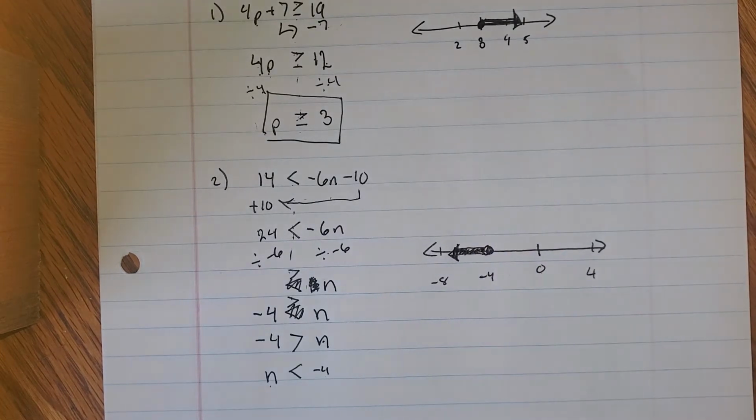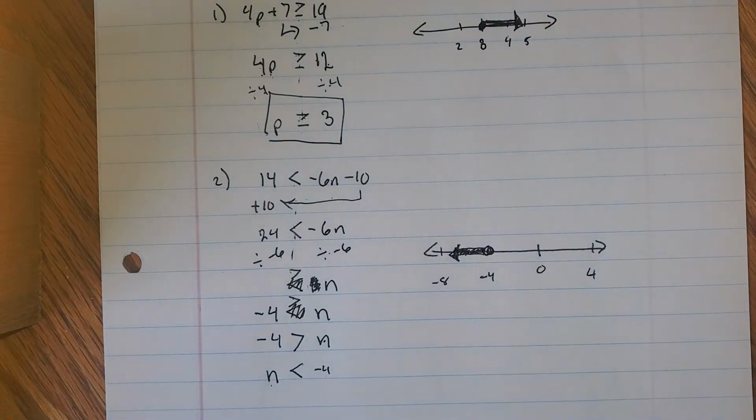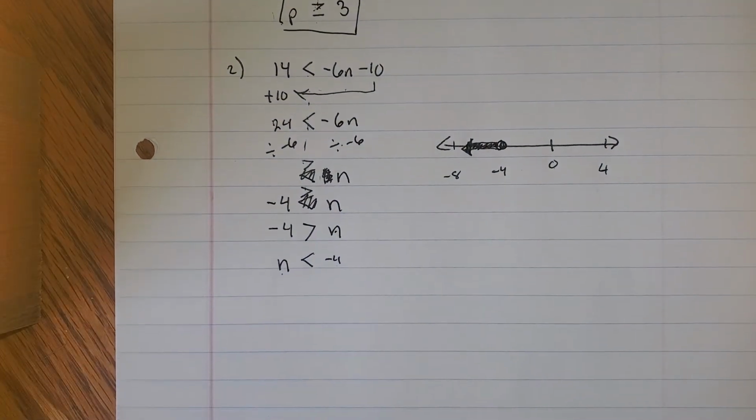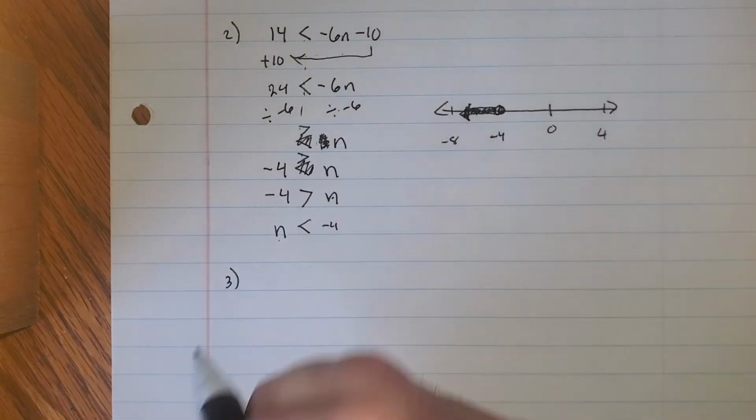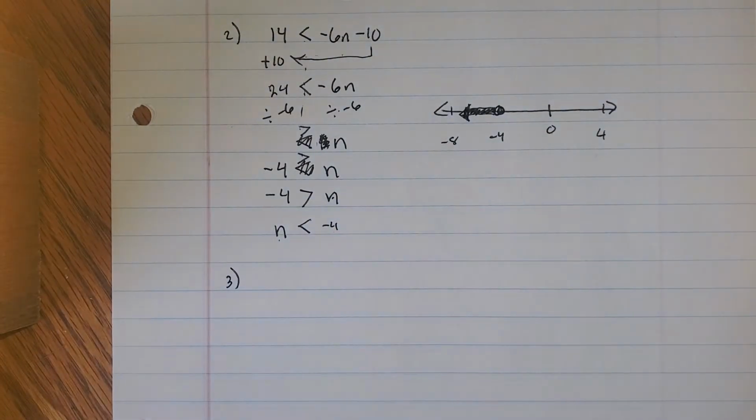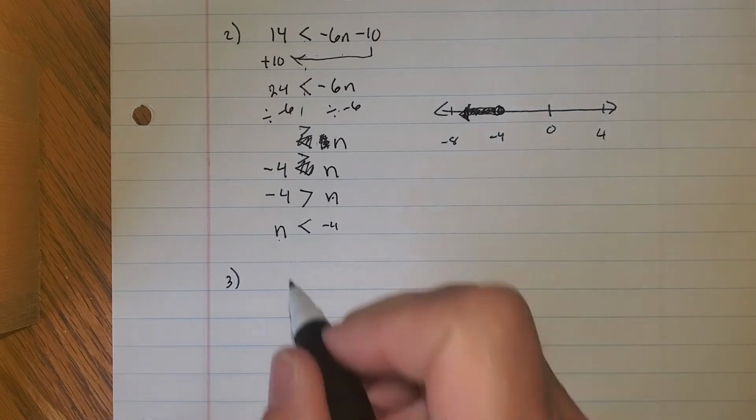Cool. There's number 2. And number 3. We have 5 minutes so far. I don't want this to be longer than 15. So I'm going to have to probably hurry, do less explaining. And number 3, ooh, this is a good one,